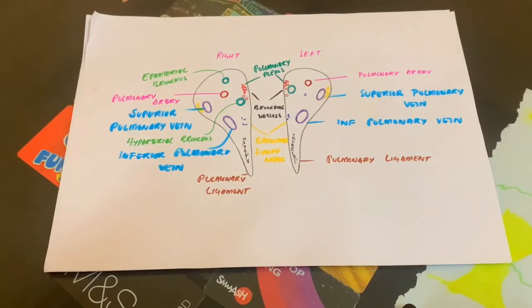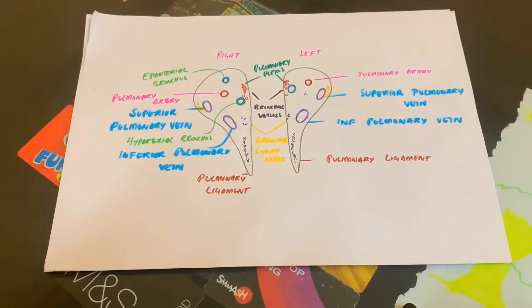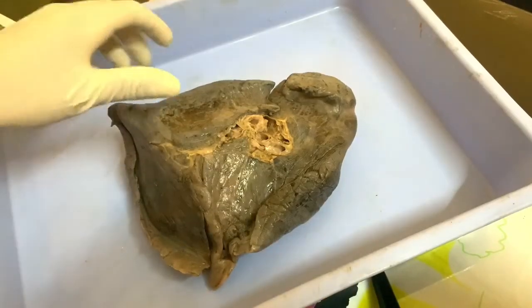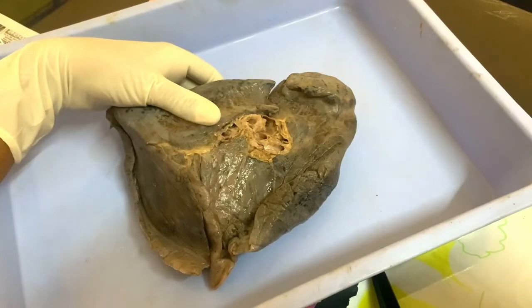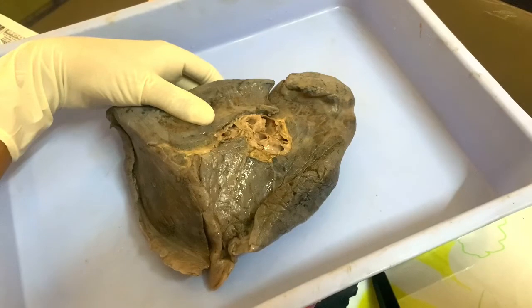So this is all the revision of the structures on the medial surface of the right and left lung. So now we will have the discussion of the left lung using the left lung specimen to see all the gross features present on this organ. Okay, let's move. Now this is the left lung which you are seeing. See, the left lung is longer, narrower and less capacious when compared with the right lung.